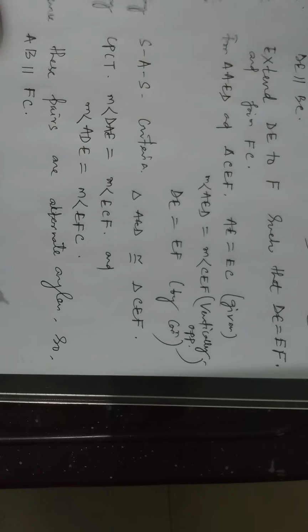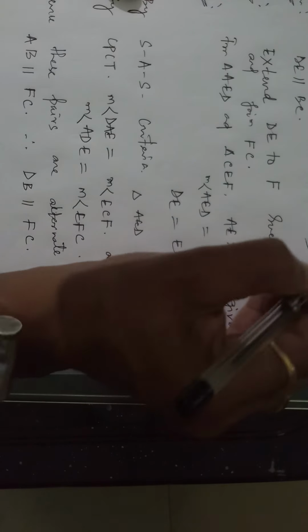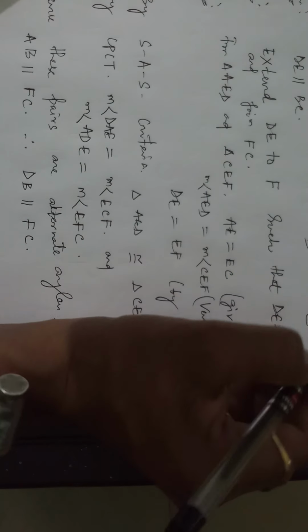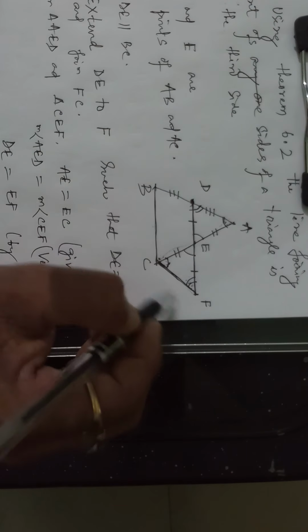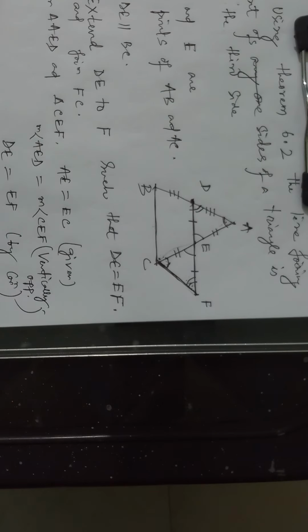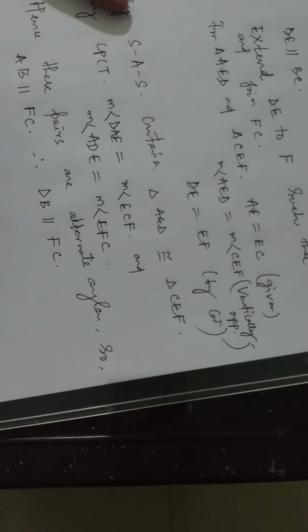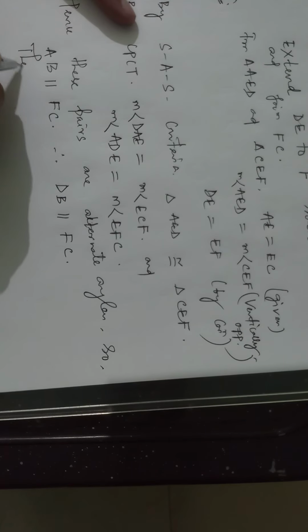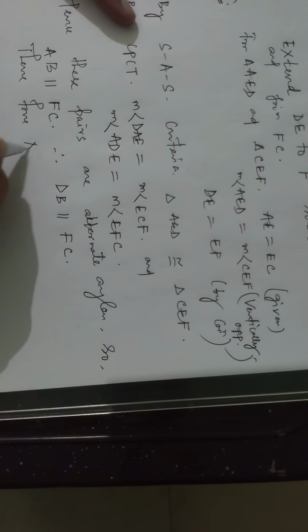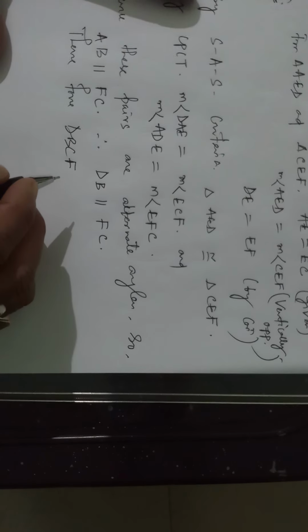If AB is parallel to FC, then as ADB is a straight line, DB is also parallel to FC. Okay students, if DB is parallel to FC, and by CPCT these lines are equal. You know, opposite sides that are equal and parallel. Therefore DBCF